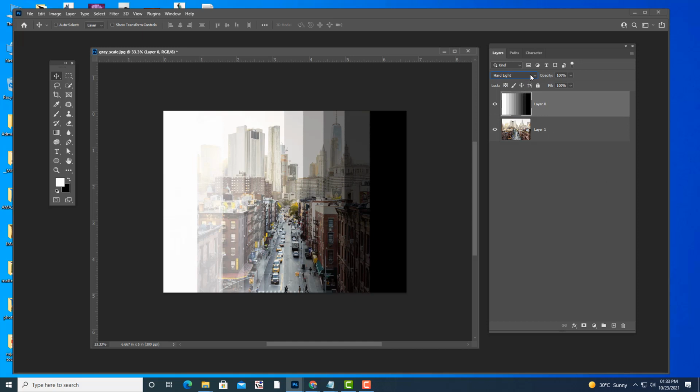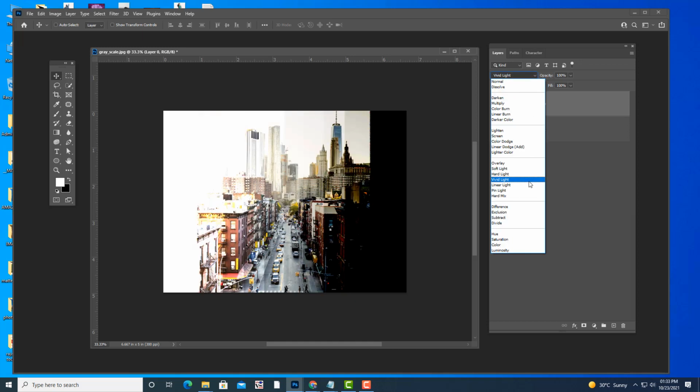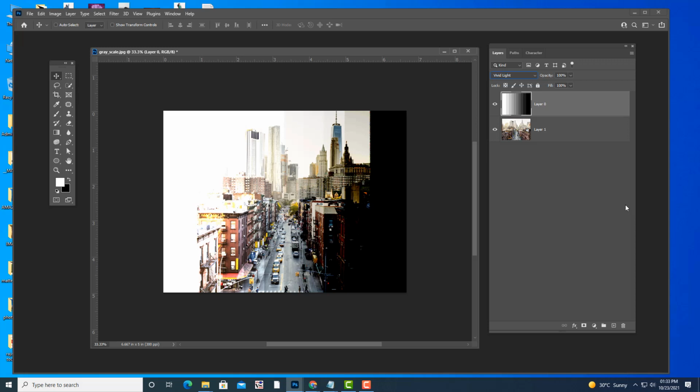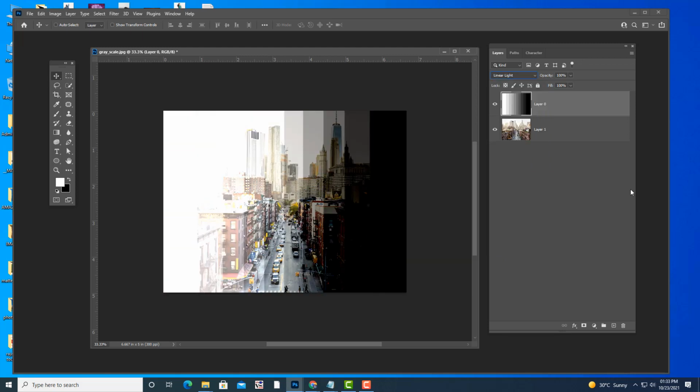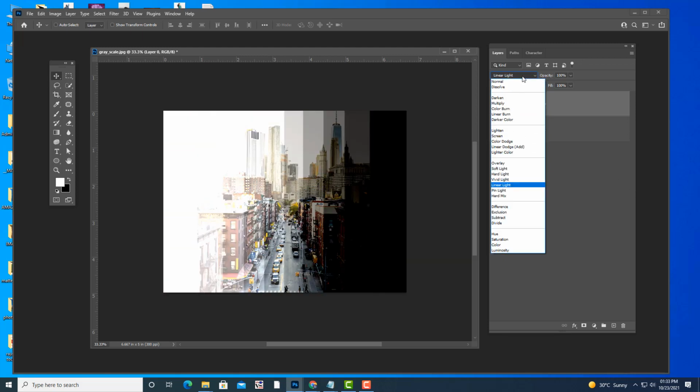Then next one is vivid light. Vivid light is like a combination of color burn and color dodge. If you use color burn and color dodge together, you are going to get vivid light. Next is linear light. Linear light is an exact combination of linear burn and linear dodge.